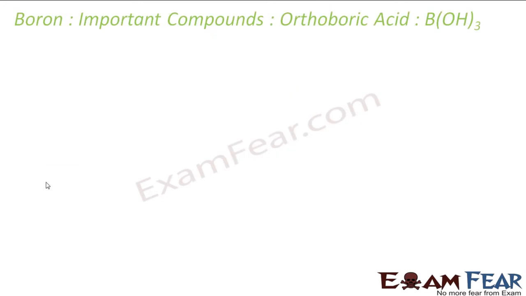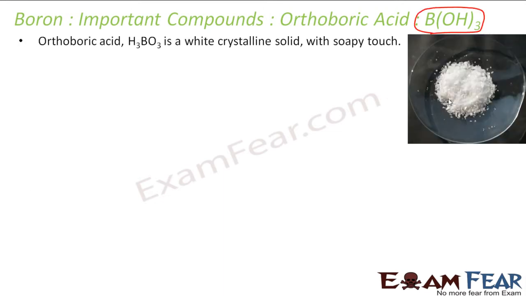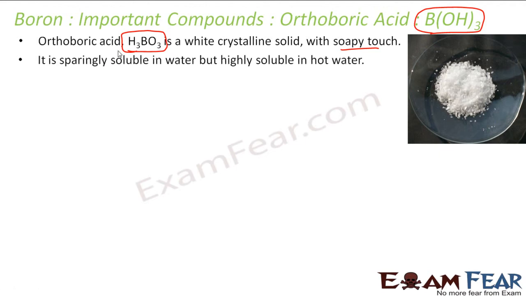Let's go into another compound of boron, that is orthoboric acid. The formula is B(OH)3 actually. It is a white crystalline solid, soapy to the touch. You can also write this as H3BO3. Both have 3 hydrogens, 3 oxygens and 1 boron, so both formulas are valid. They are not that much soluble in cold water, but soluble in hot water, similar to